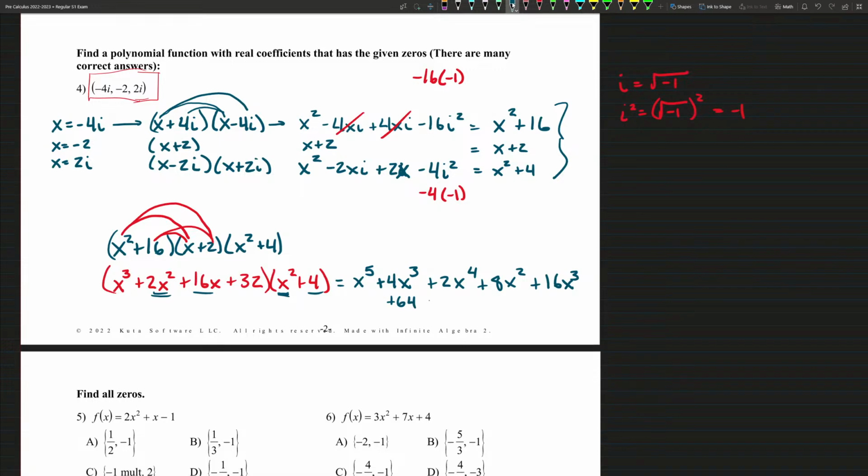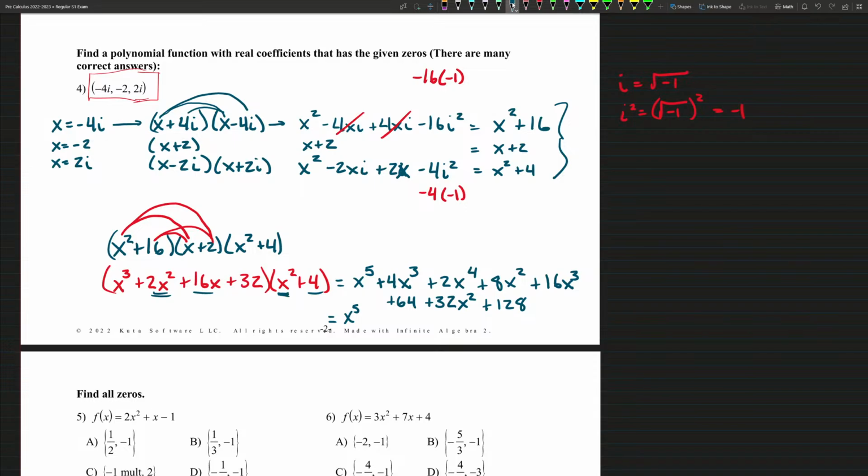32 times x squared is 32x squared. And 32 times 4 is 128. So we could stop there. You can add a couple of things together if you want, but being able to FOIL like that is important. So we get x to the 5th,